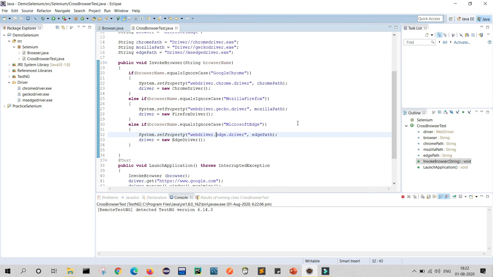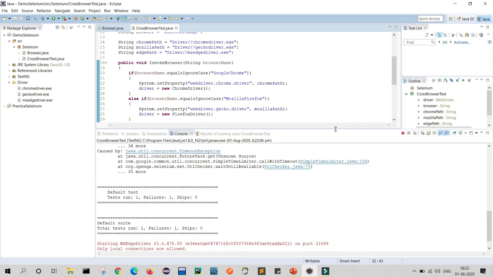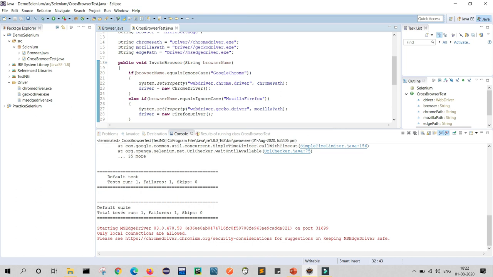It will take time to open. I will just make it big to check the error if it comes. You can see starting Microsoft Edge. So Microsoft Edge is able to start. Just wait.